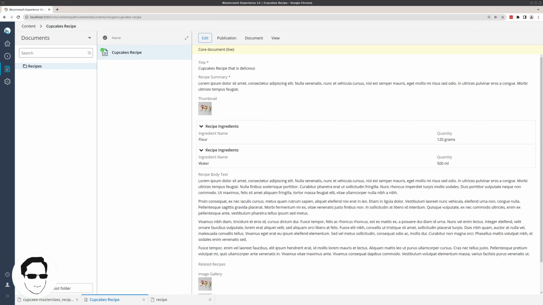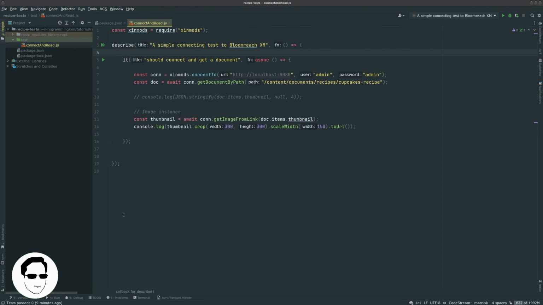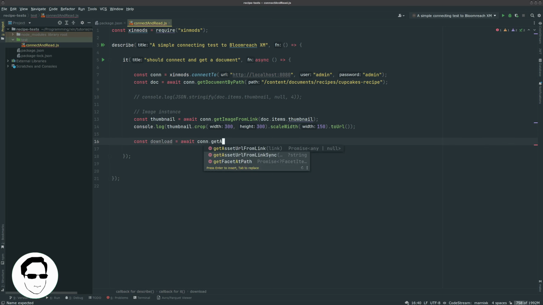Now the next step is to actually be able to retrieve the information in our node project. So if we go into our IDE, if you've been following along with the other tutorials, this will look familiar. What we're going to do now is retrieve the asset. So I'm going to go const download equals await, and we're going to ask the connection object to get an asset